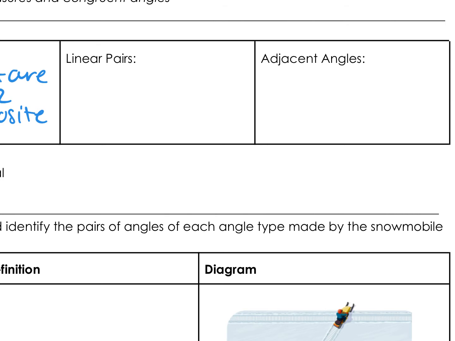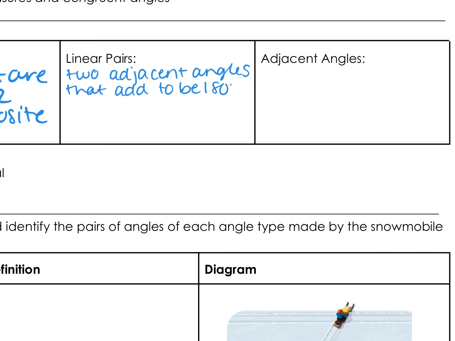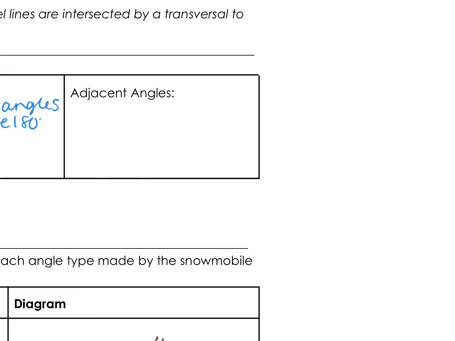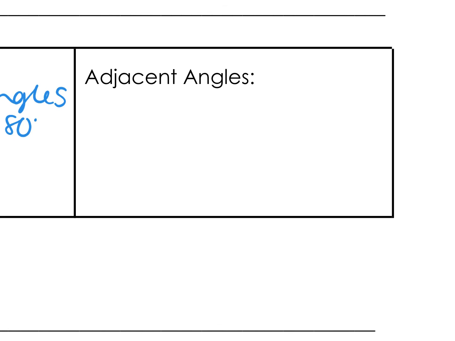Linear pairs are two adjacent angles, right? So there's the adjacent part. Most of you got this part okay on the test. If they're a linear pair, they form a line, which means that their angles add together to be 180 degrees. Okay. And the last one, adjacent angles. I figured this one would be easy, but apparently some of us still need a little bit of review on it. Adjacent angles are angles